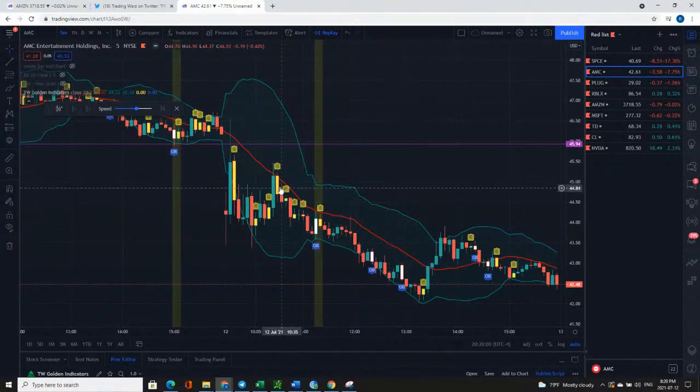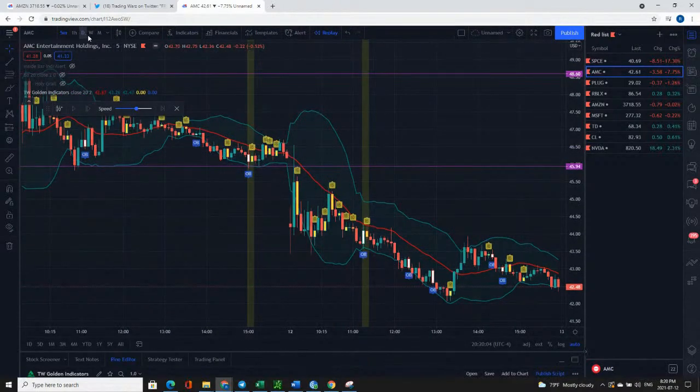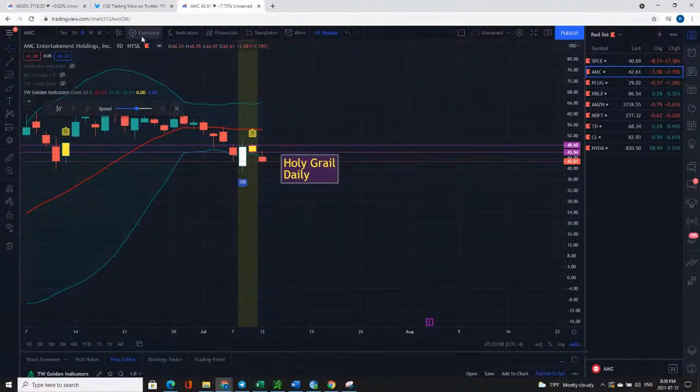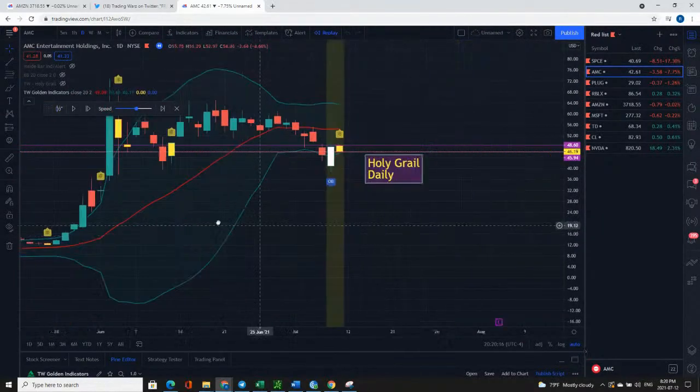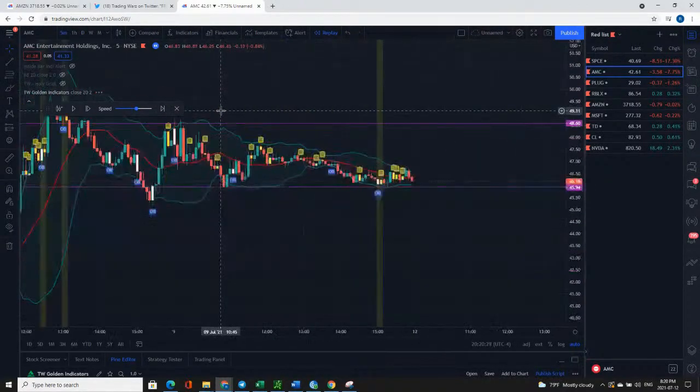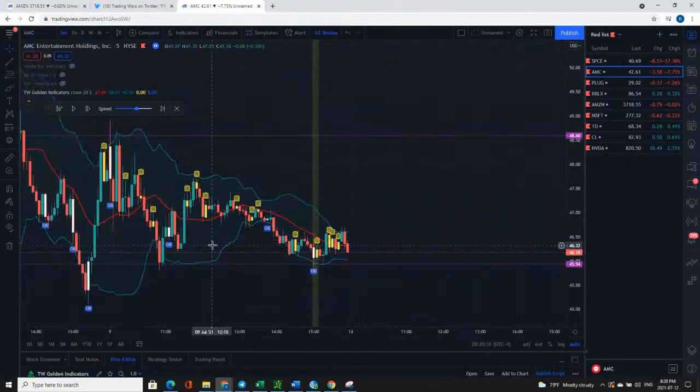Okay, so here we go. The next one was AMC. So we can go back to AMC here. This is a good one to look at because a lot of people ask me what we do when we gap down or gap outside of the range. So somebody tell me, what is the pattern on AMC? And then we're going to go to the 5-minute. What pattern is that on AMC? What do you guys think?